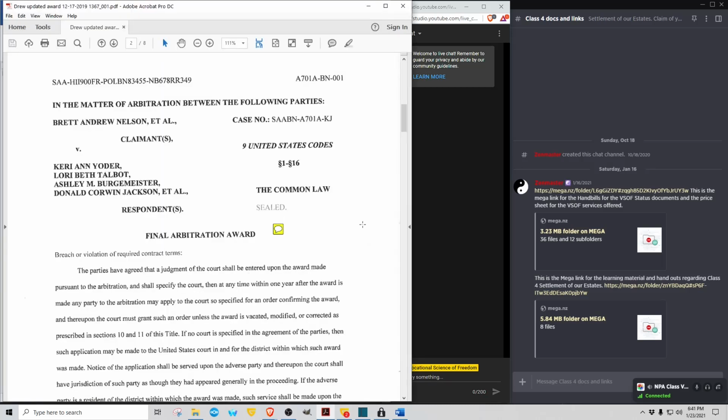This is an arbitration award. This is an arbitration award against several sitting judges and a district attorney. This is real, and this is final. When you go into binding arbitration, the other side has 90 days to basically say, hey, I didn't agree with the arbitration, or it was unlawful, or basically come with some sort of argument to offset it. If they do not, Title 9 clearly states in U.S. Code that they only have that time limit. Once they go past that time limit, it is considered cured, and God himself cannot change it.